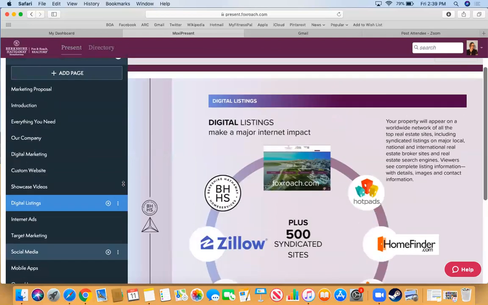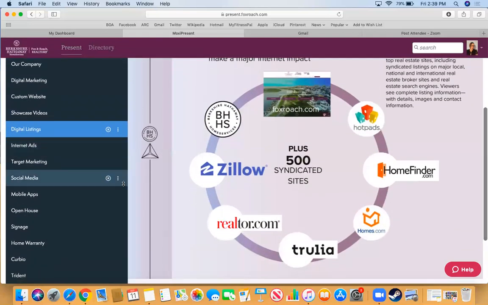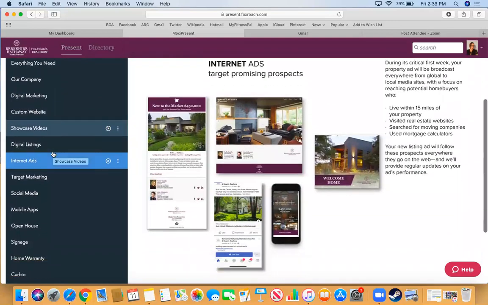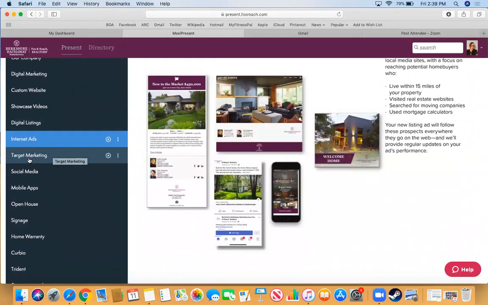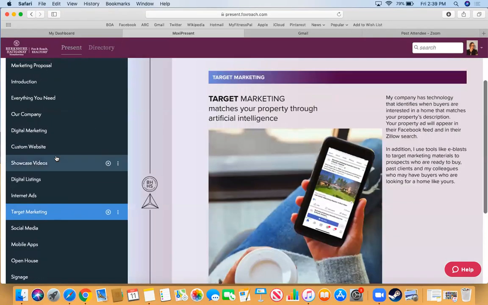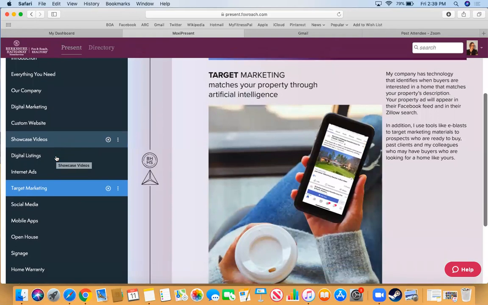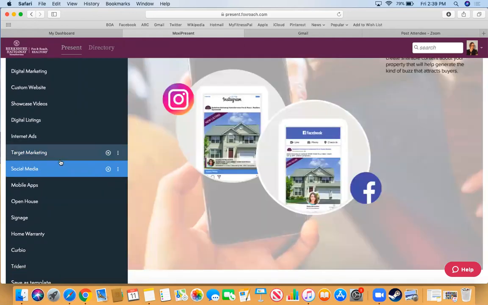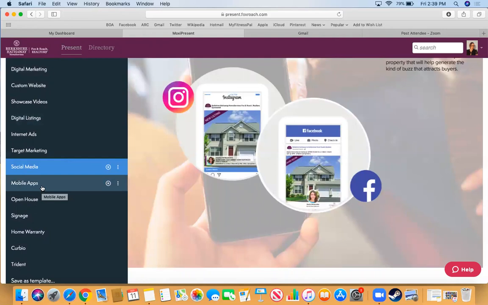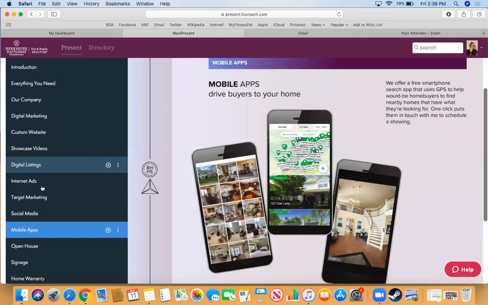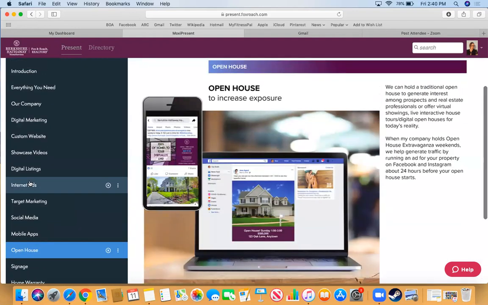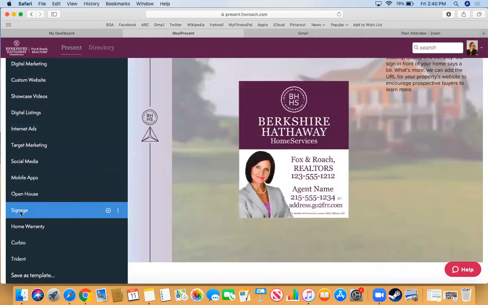Where the listings go, right? All the different places that they get syndicated. The targeted internet ads that they will get for free, more targeted marketing, social media ads, mobile apps, open houses, signage,